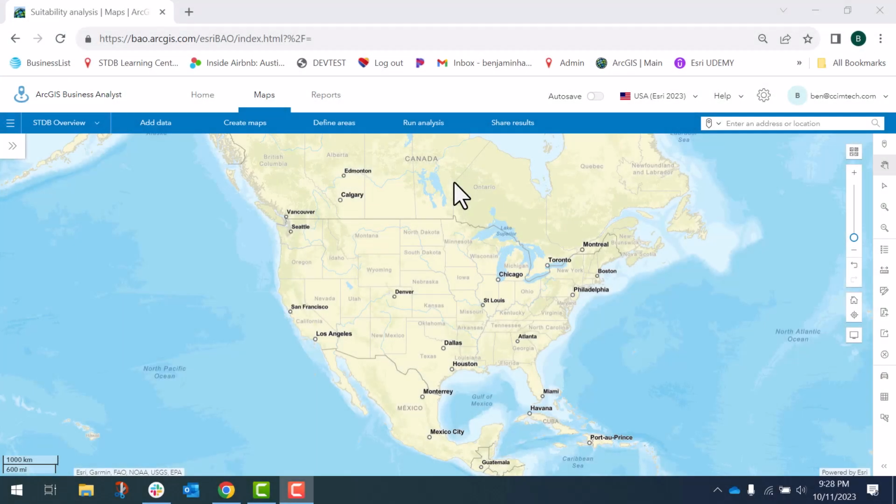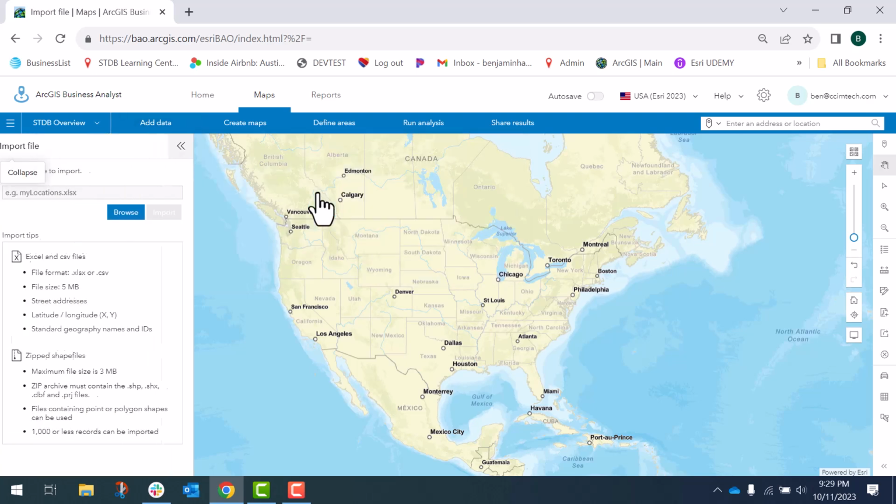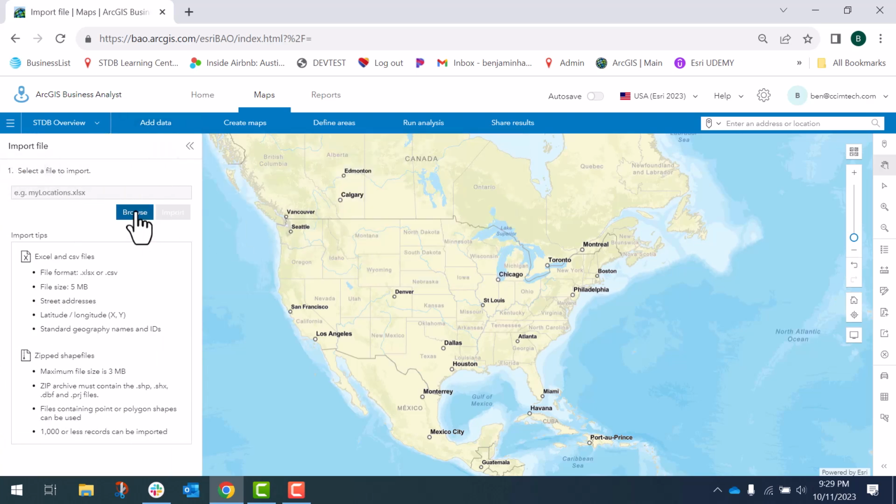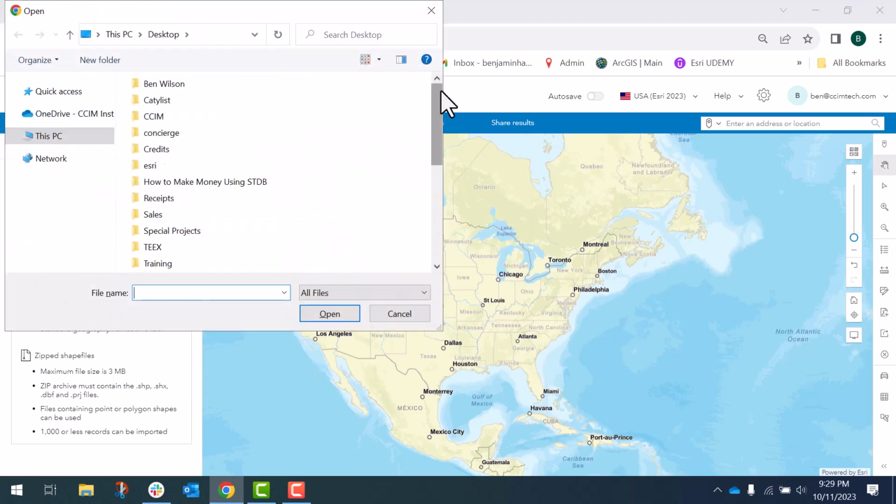In this exercise, we have a list of all of the employees of a given company, and we're trying to determine what would be the best location for an office move. Here, we can add the data via spreadsheet. We're going to choose our spreadsheet